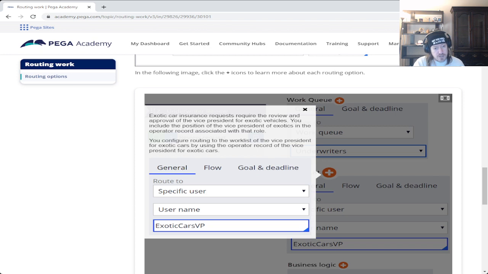Does the car insurance request require a review and approval of the vice president for exotic vehicles? You include the position of the vice president of exotics in the operator record associated with that role. You configure routing to the work list of the vice president for exotic cars by using the operator record of the vice president for exotic cars.